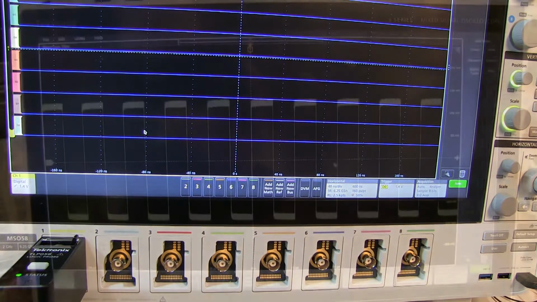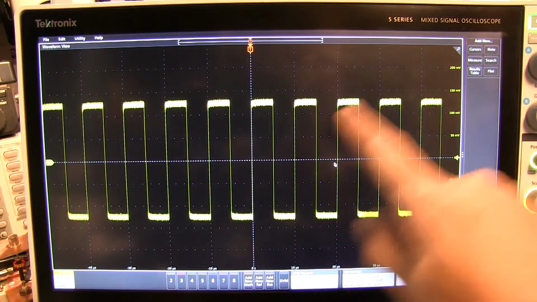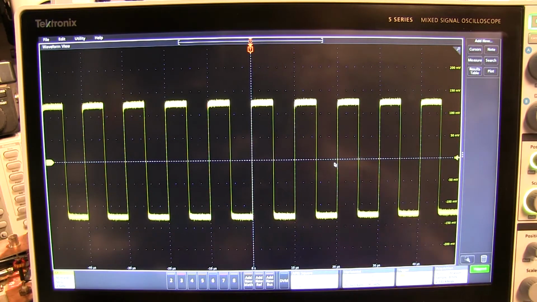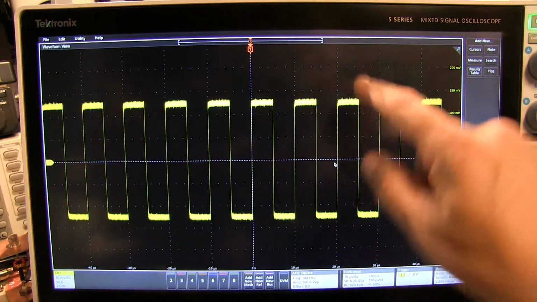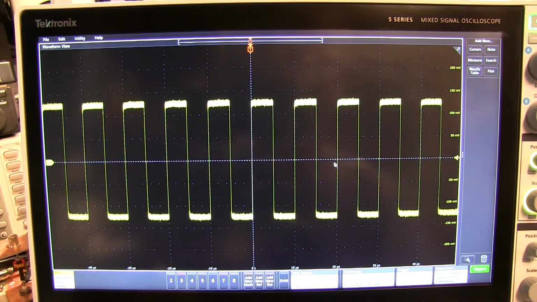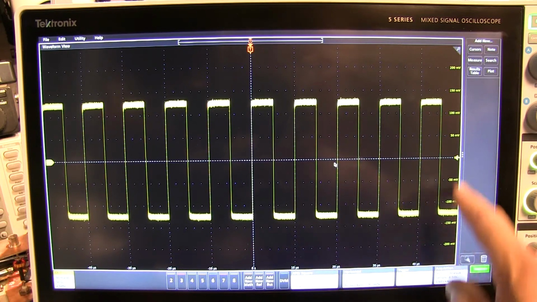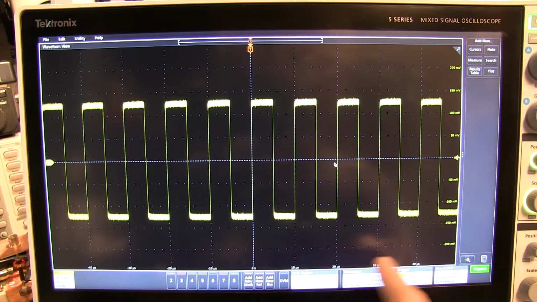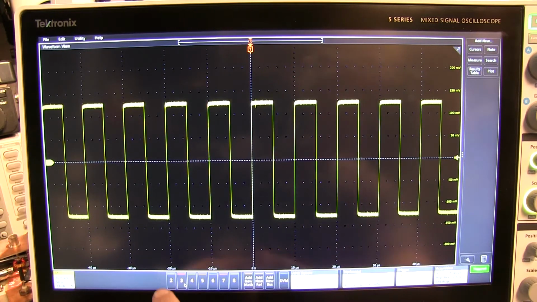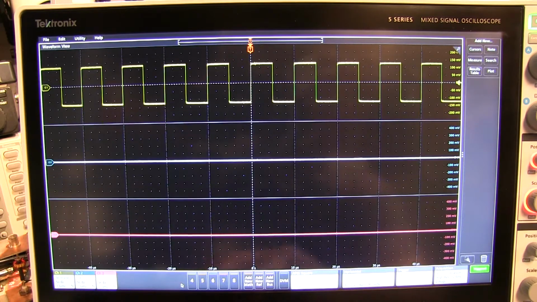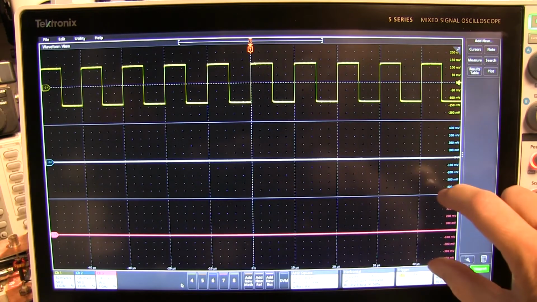Another standout feature is this 15.6-inch capacitive multi-touch high-definition display with 1920 by 1024 pixels of resolution. This kind of resolution adds a lot of capability to what can be done with this display. Even simple things like adding horizontal and vertical graticule labels make it a lot easier to interpret what's going on